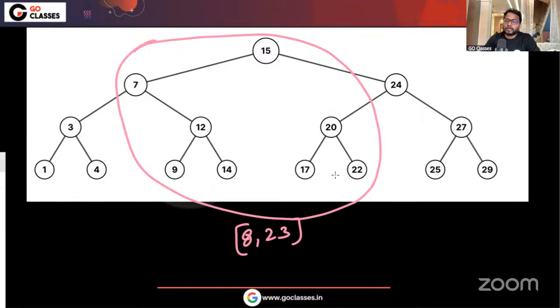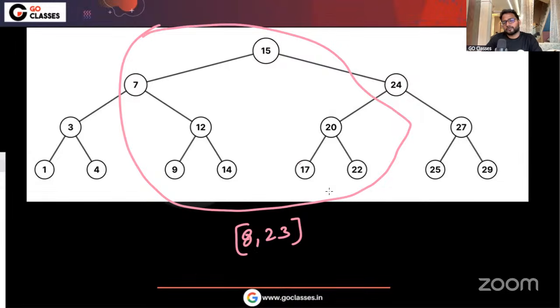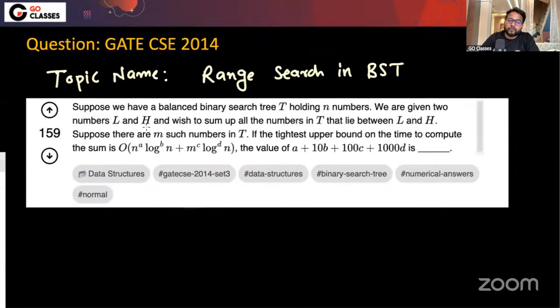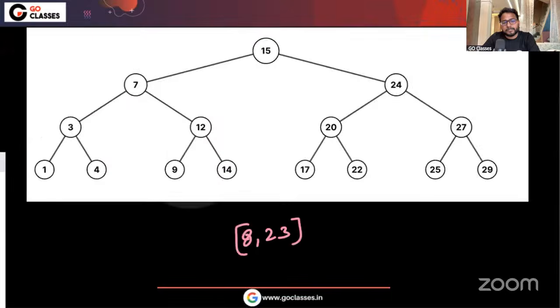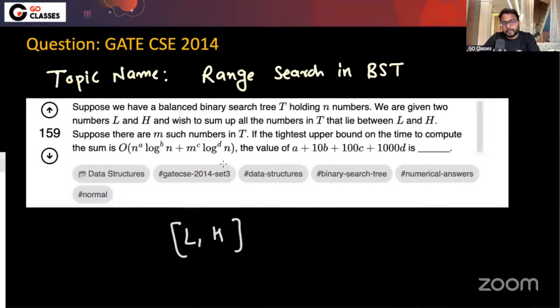So how to find all the numbers which are between 8 and 23? This is the first question. And what is the time complexity? They're asking the time complexity to find all the numbers between the given range, which could be anything, for example 8 and 23. So this is L and this is H. The question is saying that we want to find all the numbers between L and H. It could be any range; here I'm just showing 8 and 23. And suppose these are the